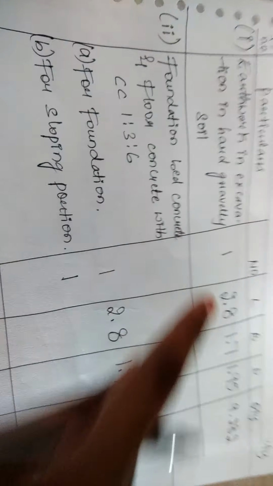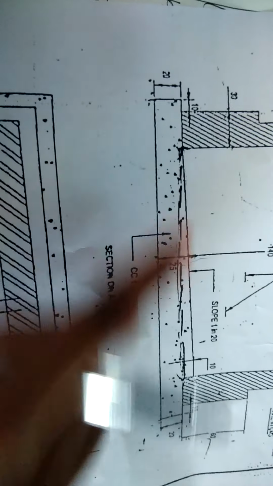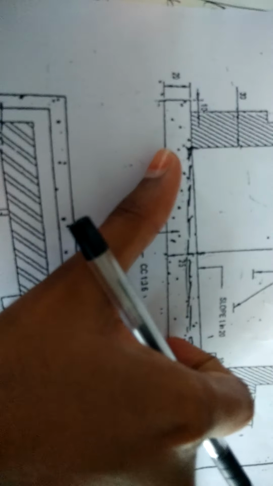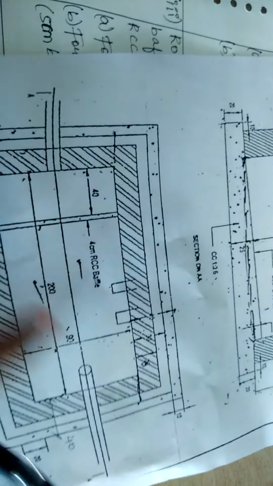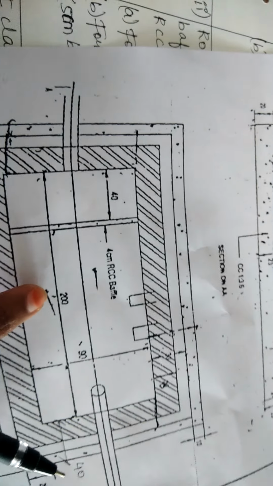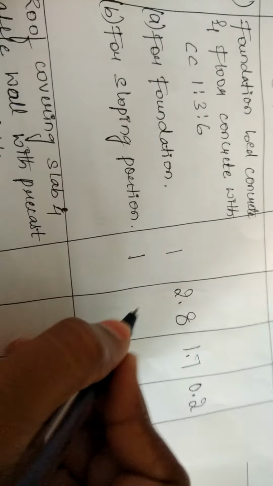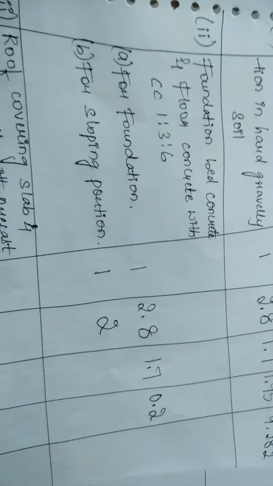Then you write down the length. So the length of the sloping is from this point to this point. Only up to this the sloping length is. So this represents the inner length. So the inner length of that portion is 200 centimeter. So now let us divide this 200 with 100. On dividing, you will get a value which is equal to 2. So the length for the sloping portion is 2 meter.